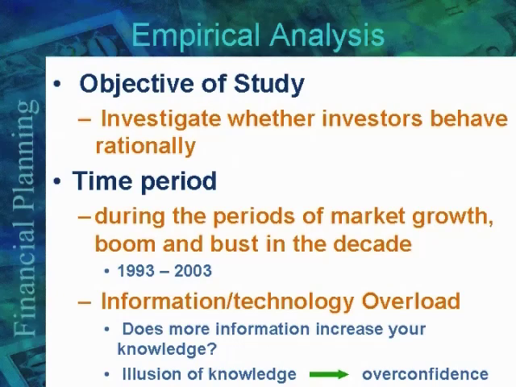All right. So we are done with the biases, and I hope you can appreciate the depth of biases in each of us and how irrational we may be in making our investment decisions. I feel quite confident in saying that maybe 95% of us are irrational. And later on you'll say, but we put our money in mutual funds. They're CFAs and MBAs. They are rational, so we don't have to be rational. We just have to put our money in mutual funds, and we'll be safe. We'll see later on how that may not be the case.